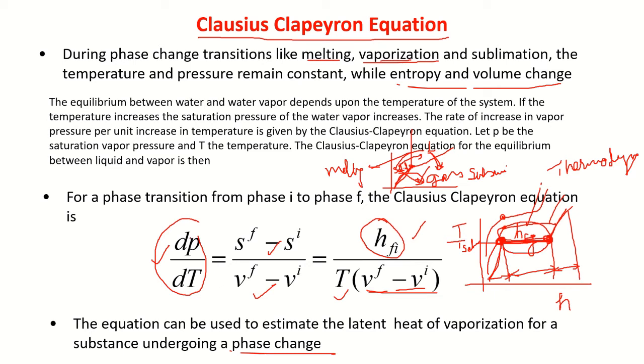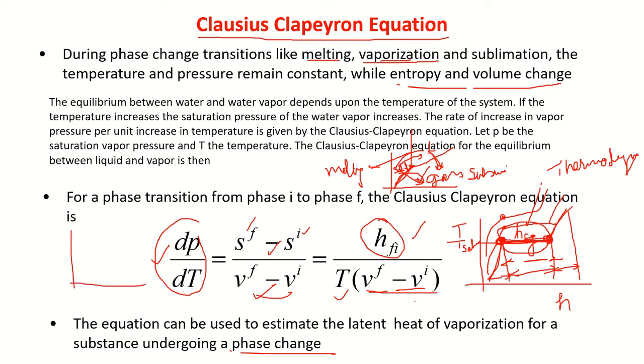So please be clear, dP by dT slope, in this case, entropy increases. That's why the entropy of the liquid, the entropy of the vapor, let us say, the change in entropy. Volume at this point, volume at this point, I have written. Entropy is nothing but heat input divided by temperature. You know, dS is equal to delta Q by T, and these values are known. So if I know this pressure gradient with respect to temperature, it is possible to find that out.